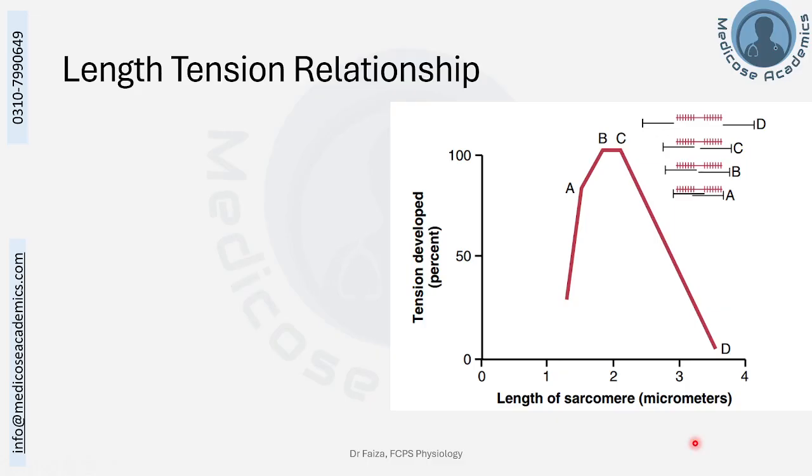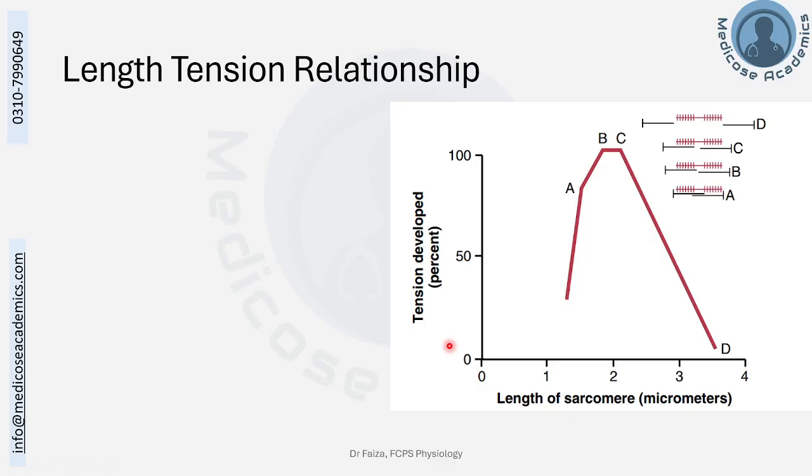contraction. In the image, you can see on the x-axis, there is the length of the sarcomere in relation with the tension developed in the muscle cell on the y-axis. Basically, the tension develops in the skeletal muscle fibers when it changes in its length, and we suppose as the length changes, the more the length shortens, there might be more the tension developed in the skeletal muscle fiber. But this relationship is not as simple.